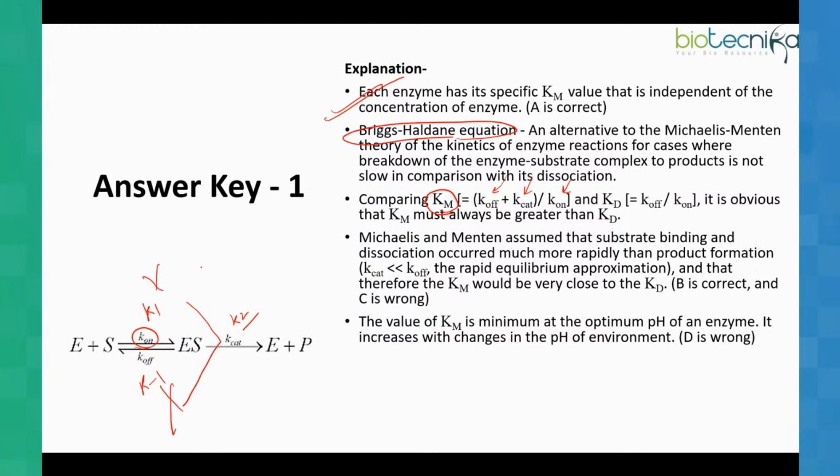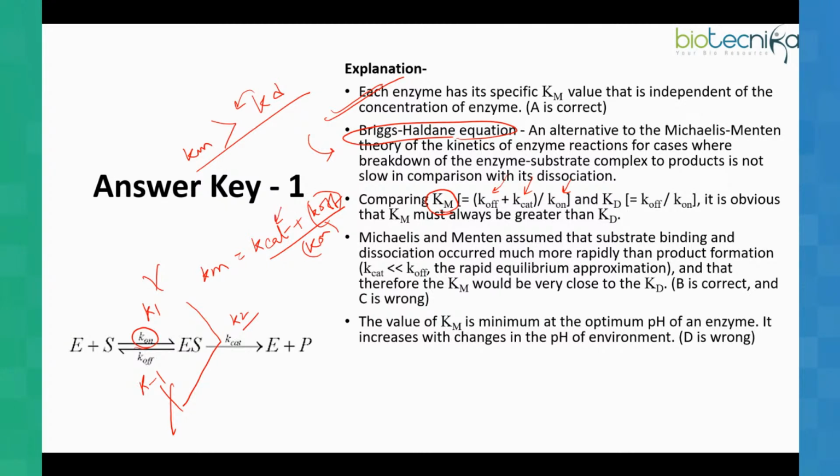So for them, when you take the Km calculation, you cannot ignore the Kcat term. In that case, your Km value will be more than the Kd value, because Kd value is K off divided by K on. And if you add Kcat to it, then Km will be more. So according to Briggs-Haldane, Km will be more than Kd